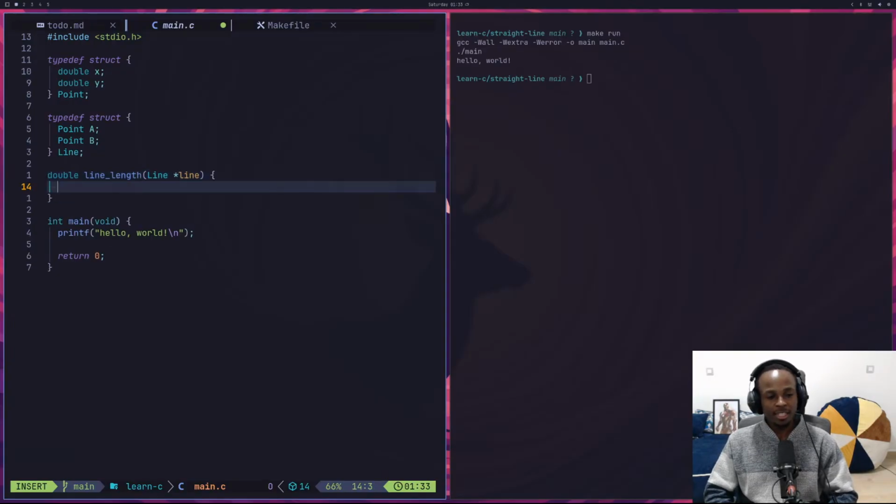And now what happens? So, how do you calculate the length of a line? To calculate the length of a line, you take the difference between the x coordinates, you square it, then you add that to the difference between the y coordinates squared, and then the square root, right? That's what we saw earlier. So let's start with the y difference. The y difference here, we're just going to have it as a double, and then we are saying this is going to be,